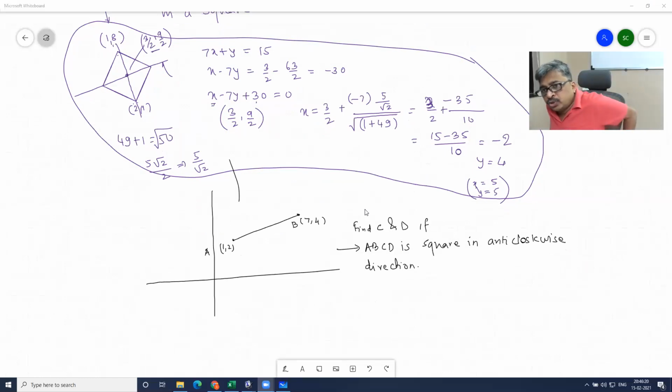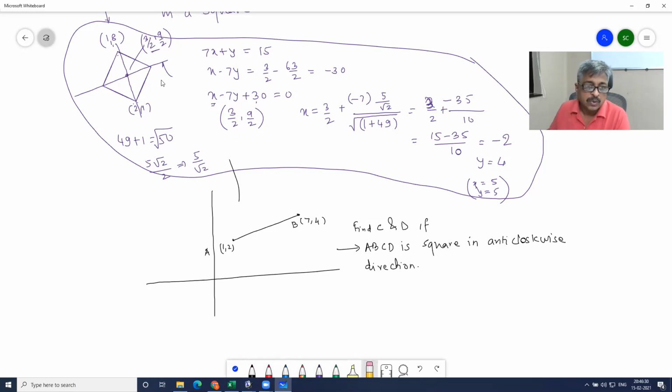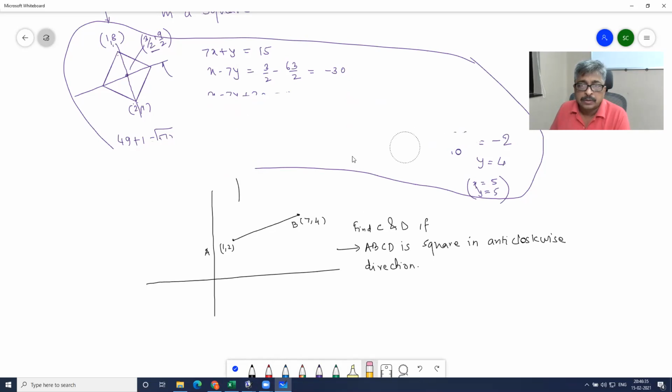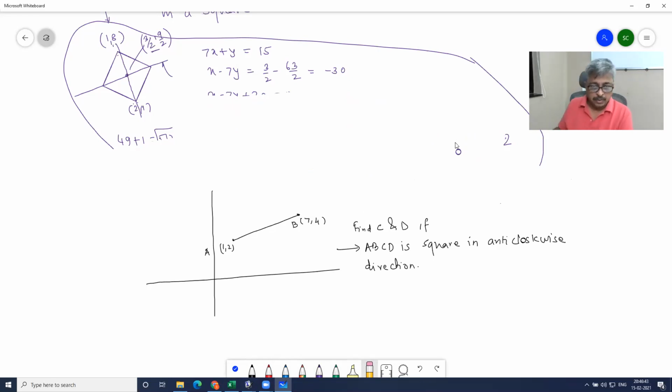Okay, let me show you the simplest method of solving this problem. Absolutely simple. No need to get into coordinate geometry business. It is a little different. Okay, now let us draw the square first. I am drawing it approximately; anyway, it is difficult to draw.